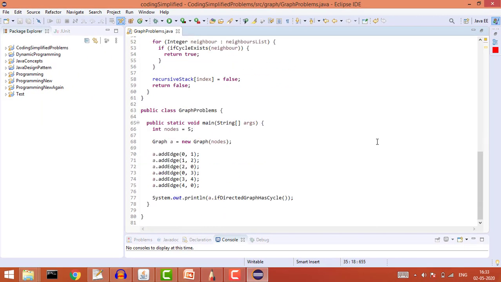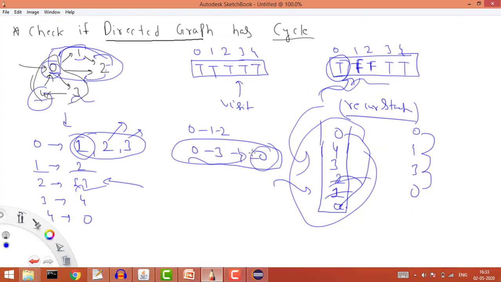So this is how we can check whether a cycle exists or not in the given directed graph. Now if you see the time complexity in this case, if you have V vertices, we are basically covering all the vertices, right? And if there are E edges, we are covering all the edges. And once we have covered one vertex, we are not covering it again, so it will be linear. Similarly, we are covering all the edges, right? So my time complexity will be big O of V plus E.